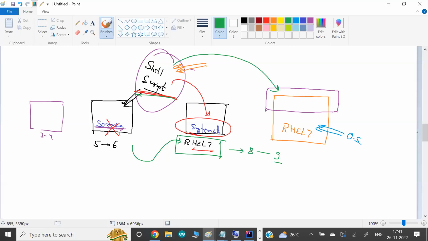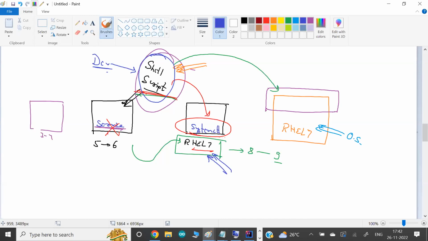Now what they have to do, there are two possibilities. One possibility: whoever created the script has to ask the developer to go and change the script. Can the developer change the script? They say yes. But for this, only the developer's knowledge does not help them. They should know what changes also happened in Red Hat version 7.